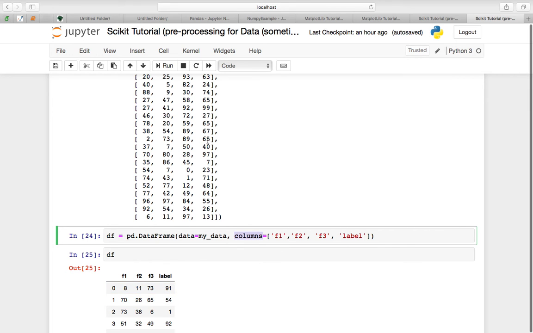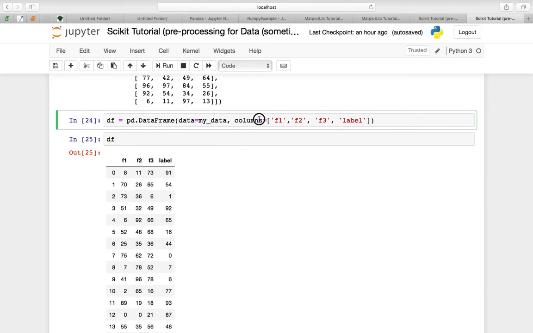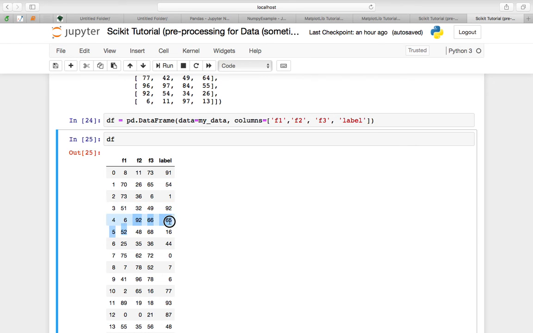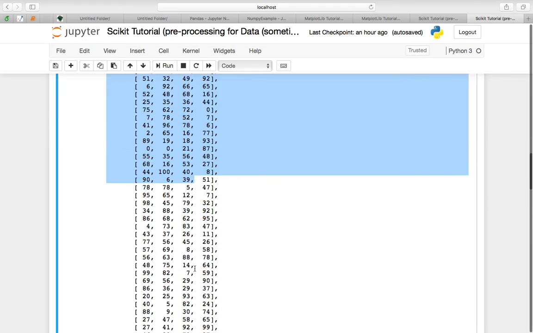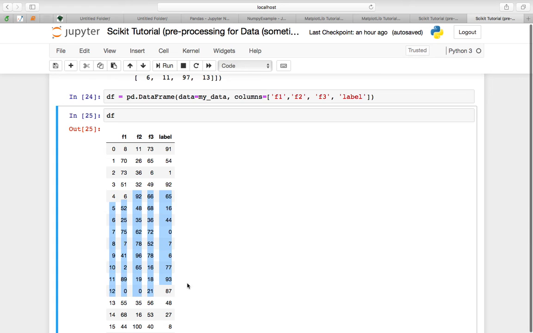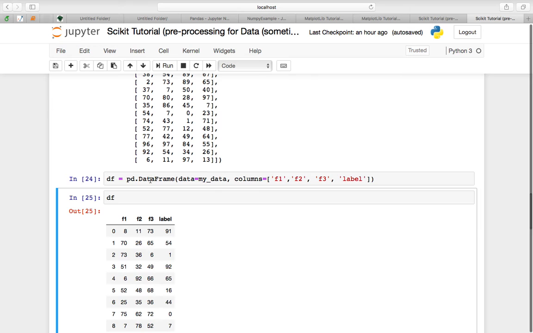You have seen that we have four columns, so you can refer to them using the column parameters, and the names of these labels are f1, f2, f3 and label. So you see here your data was an array, and then you can manipulate it in a very decent manner. And the purpose of pandas is actually to summarize it, to convert your data from any format to an array